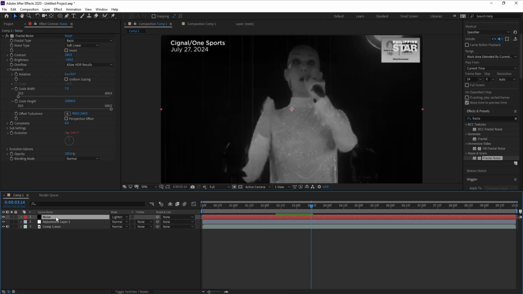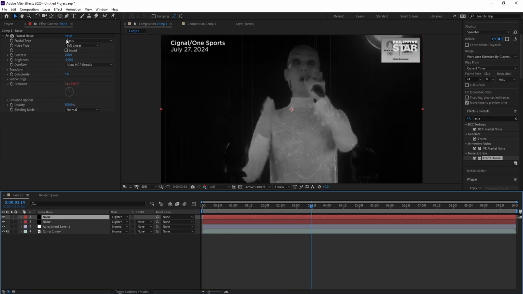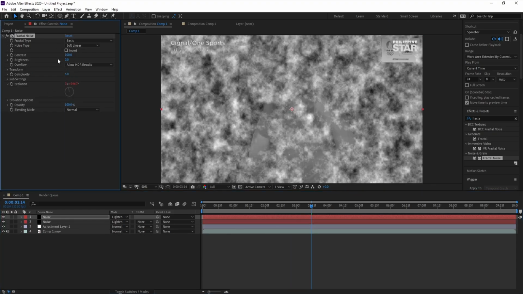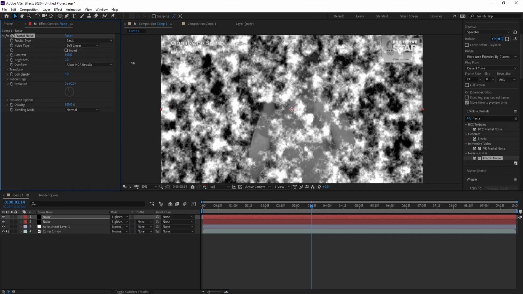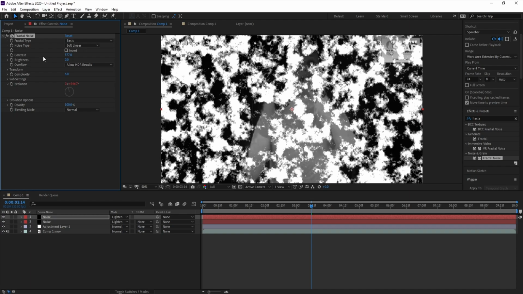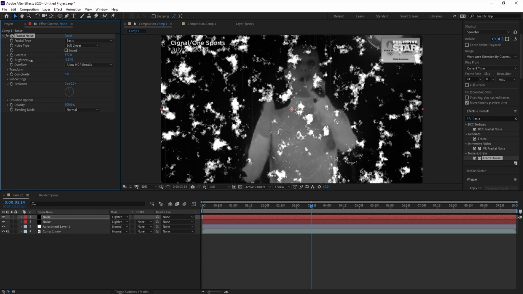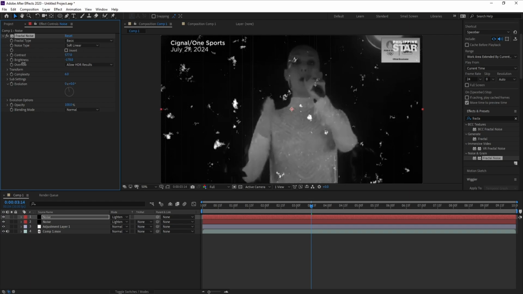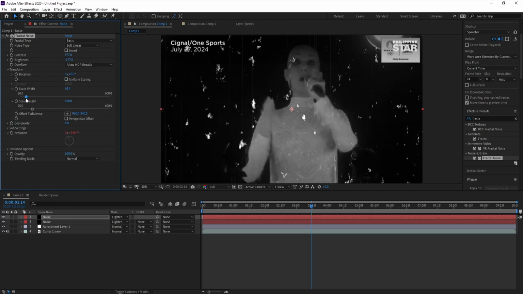Okay, now Control D to copy and reset here. Then I'll go to contrast and increase it. Also brightness, I'll decrease it like this. And transform, uncheck uniform scaling, and